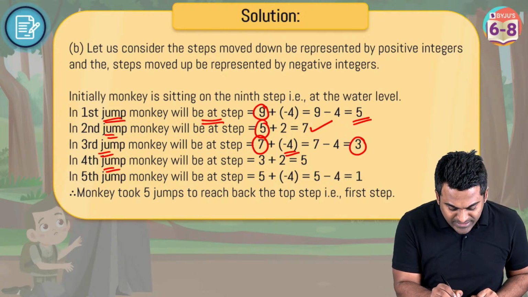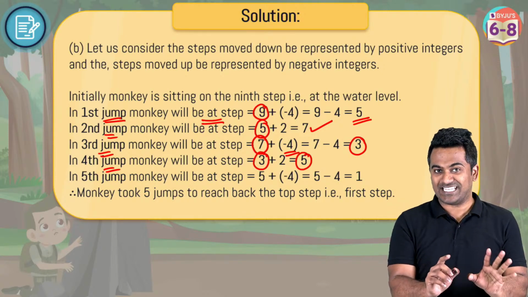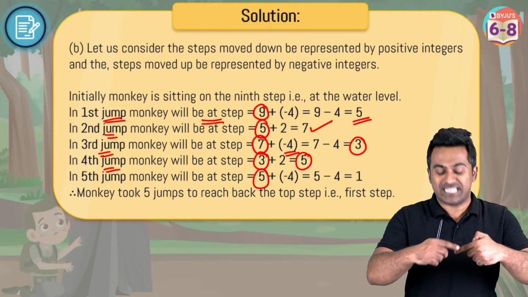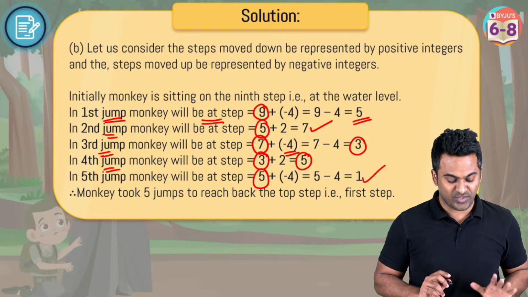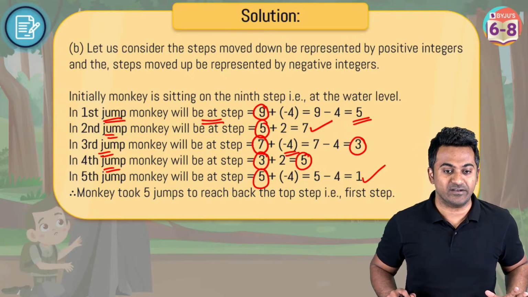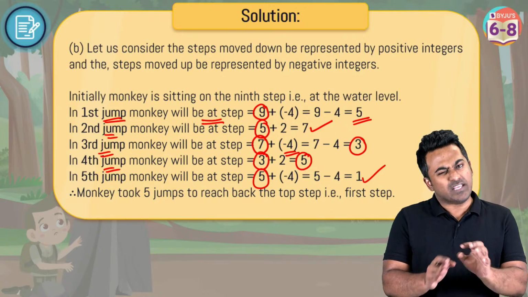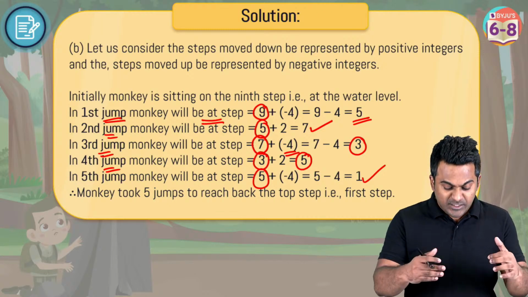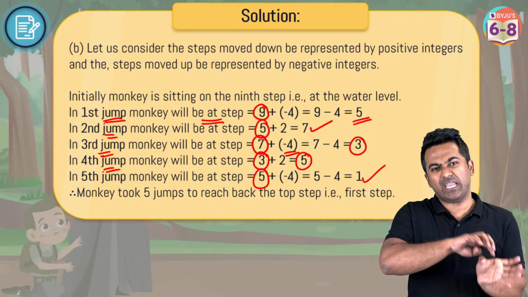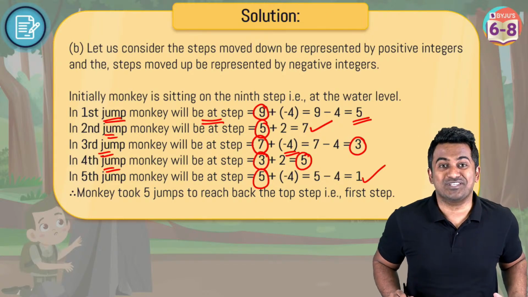And in the 4th jump, as you can see, from the 3rd step, monkey will take 2 steps down, right? And now the monkey is at the 5th step, and at the 5th jump, magic happens. Monkey is at the 5th step, and when he has taken 4 jumps up, he has reached the 1st step. So that's the reason why the correct answer to this question is 5 jumps are needed. Okay, all of you say crystal clear. I'm pretty happy that it has happened, because these are some tricky questions which must be solved in this laborious way. Don't try to get through to the answer by making equations, because they tend to make you get lost in some way. Okay, so we've seen 2 questions related to monkeys.